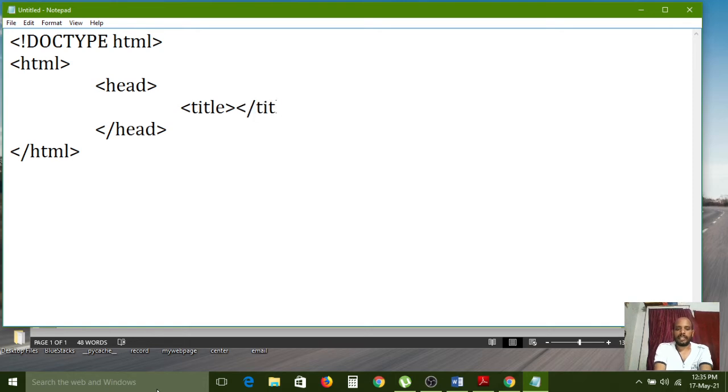In between the opening and closing title tag, we need to configure the web page title, and this is the hyperlinks concept, so that's why I gave this title.